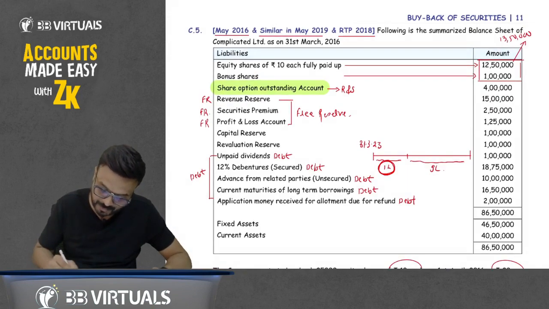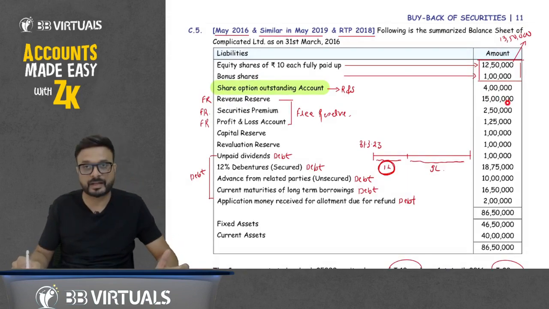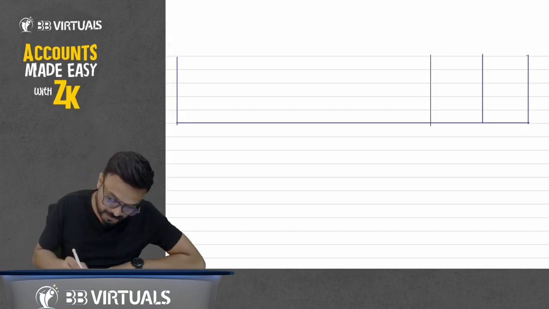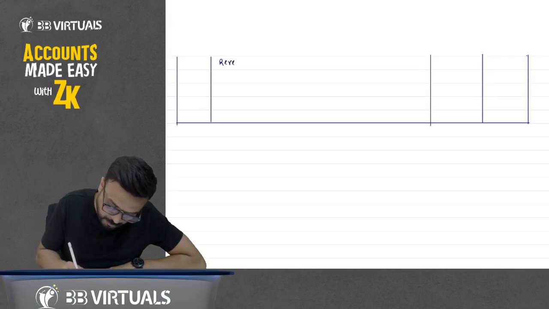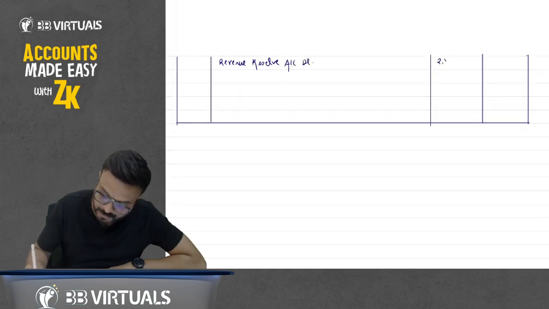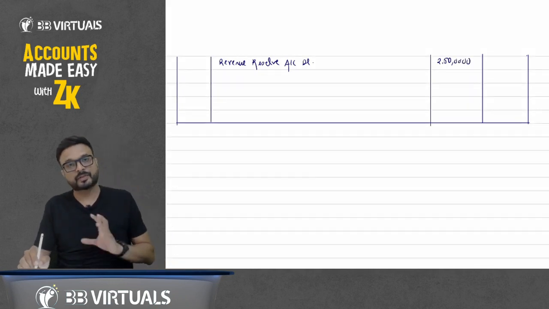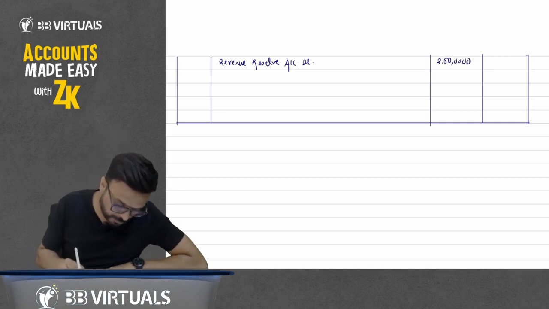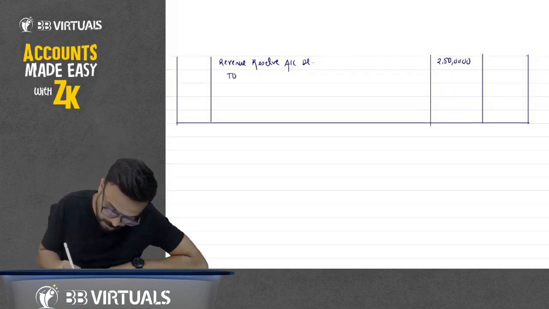Yes, we have enough balance in revenue reserve, we have 15 lakh. So write down revenue reserve account debit 2,50,000. Why 2,50,000? The face value of buyback of shares is 2,50,000. So we have to transfer only face value. So revenue reserve account debit 2,50,000 to